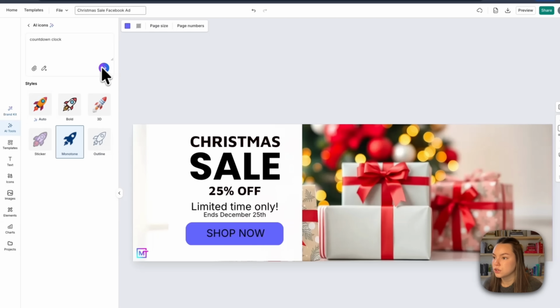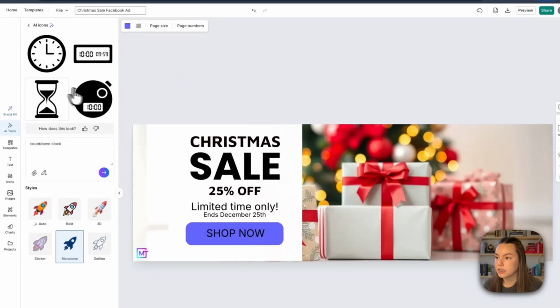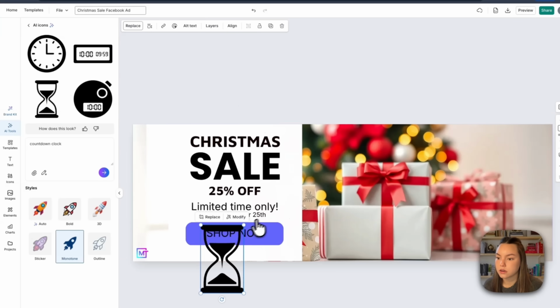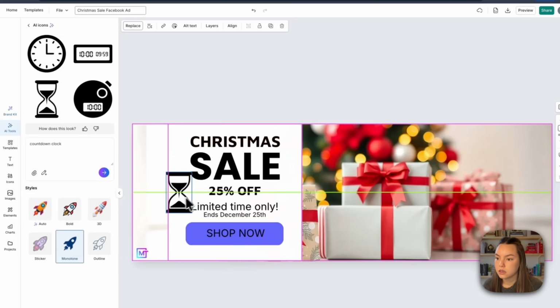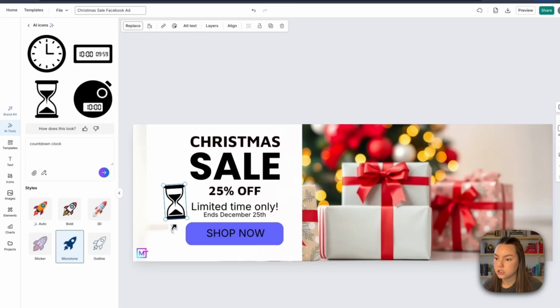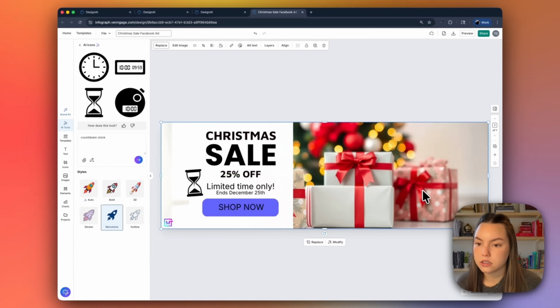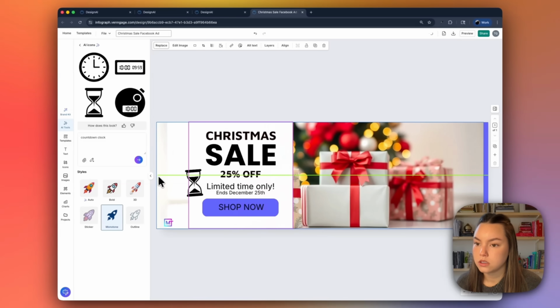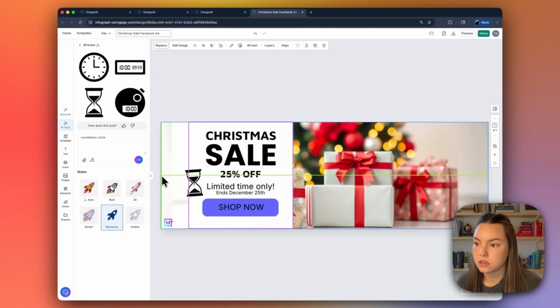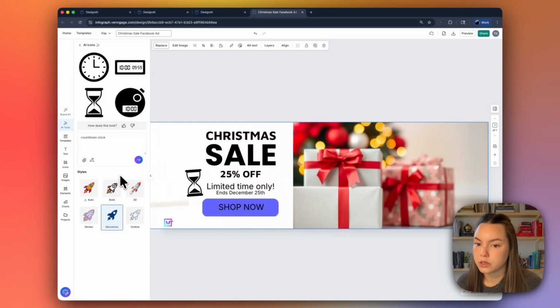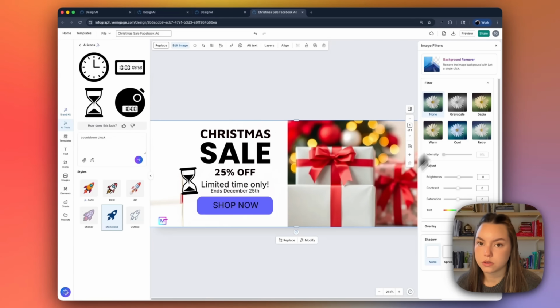I'm going to do monotone for my style and go ahead and start generating this. Okay, I got some icons back. I like this hourglass, so I can go ahead and put this here and maybe just this. And then my image is pretty light on this side. What I could do is drag it over a bit so that I don't have all this white space over here. And then I can also move it up